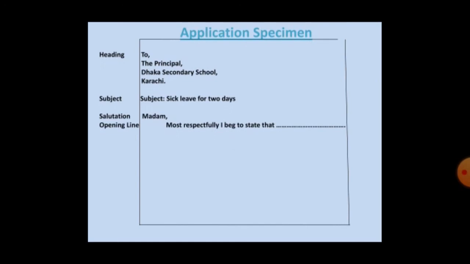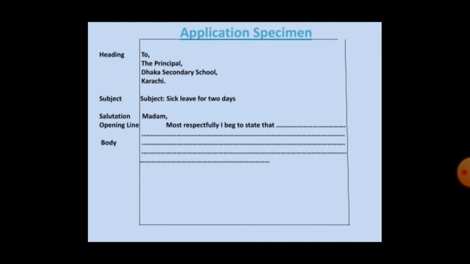So here comes, students, the specimen of an application, how to write an application. First of all we use heading at the left side, and after putting heading there we leave space, then we write the subject of the application, then we use salutation to whom we are writing the application; we use their post there. Then comes the opening line of the formal application. It can be different. Then comes the body, the whole part for which we are writing the application. Then comes ending line,